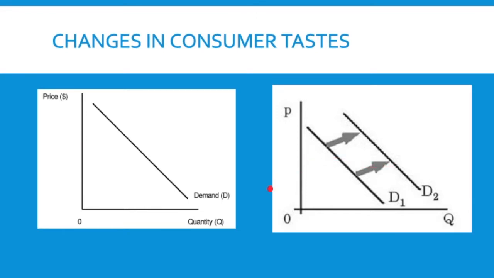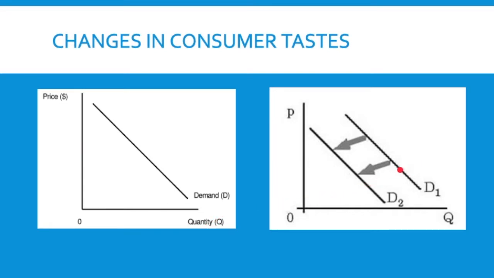Or if something else came out that talked about how plant-based foods were good for you, you'd see an increase in plant-based food purchases because people think, oh, I'm going to eat healthier, I want to live longer, so all these demand points will go up. People that used to only be willing to buy this much plant-based food at this price would buy this much. And people who were willing to buy that much plant-based food now would buy that much.